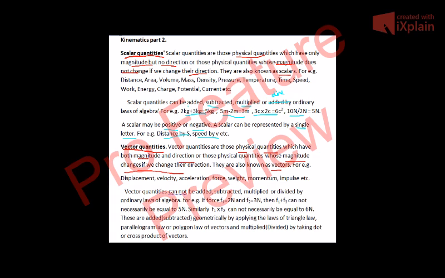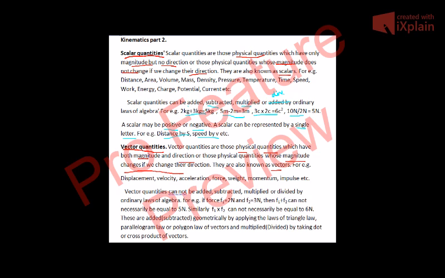Now what about current? Well, current has a direction. It always moves from positive to negative terminal. But current is not a vector. It is a scalar. Why is it a scalar? Because suppose current flows in a rectangular coil having four arms. You will see that its direction will change at the four corners of the rectangular coil, but its magnitude will not change. In all the four arms, its magnitude will be the same.